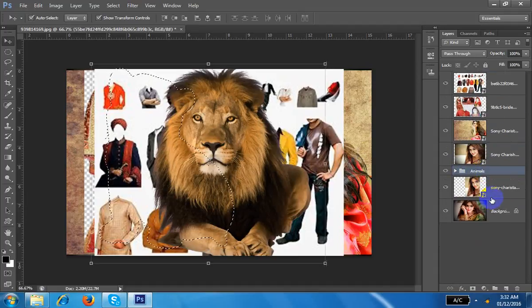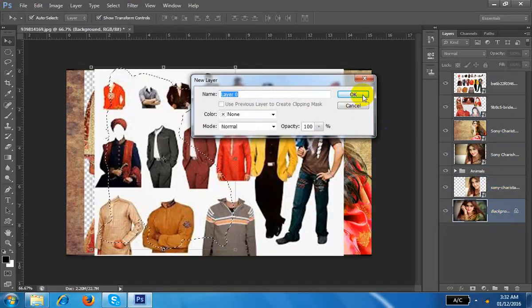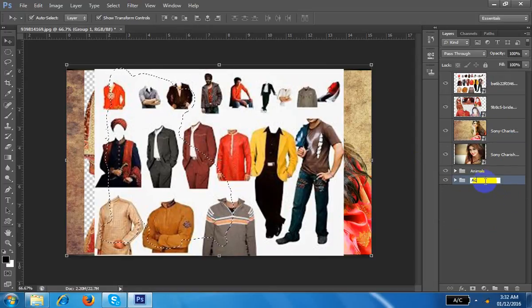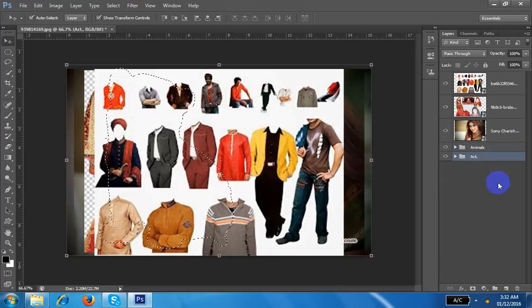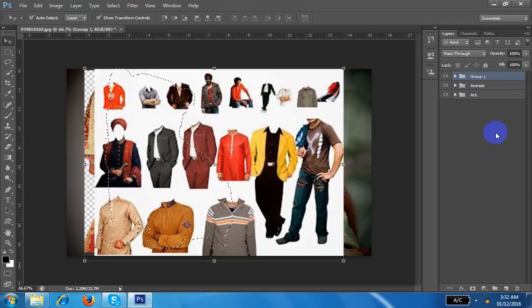Drag it onto the animal folder. Okay, this is the actress. So drag it first to the downside. Suppose this one. Okay, open the image. Select this image by shift, then control G. Okay, and this is the actress. So again, I need this image in this folder. Drag it into this folder. Understand? And this again, drag it into this folder. And these are the two images. Again, control G. So this is the group.